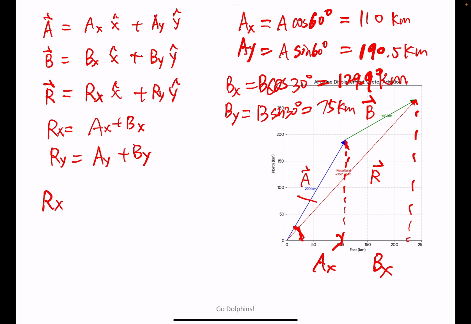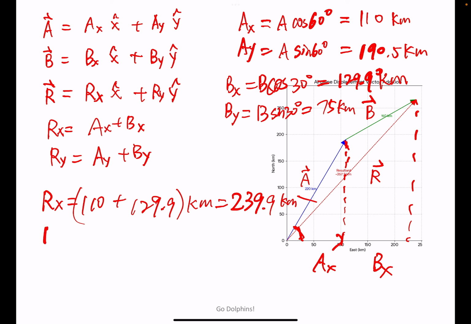So our Rx is 110 plus 129.9 kilometers, total 239.9 kilometers. Our Ry is 190.5 plus 75 kilometers,